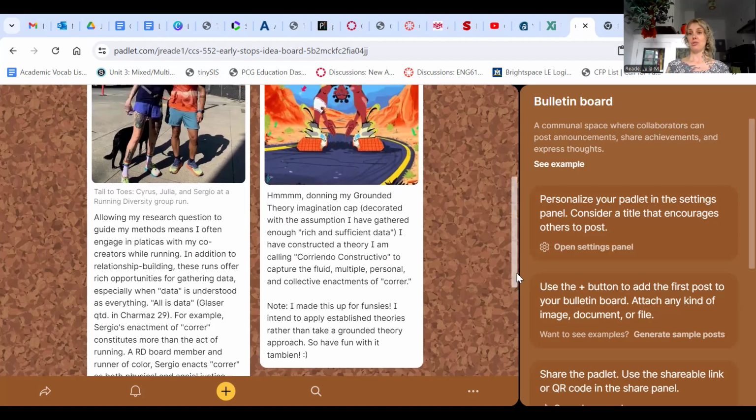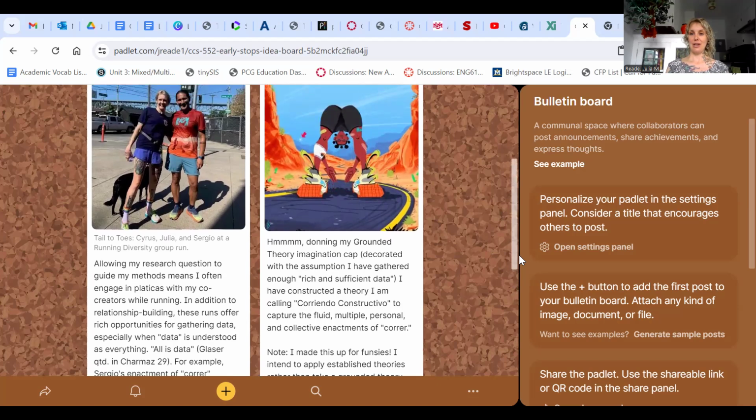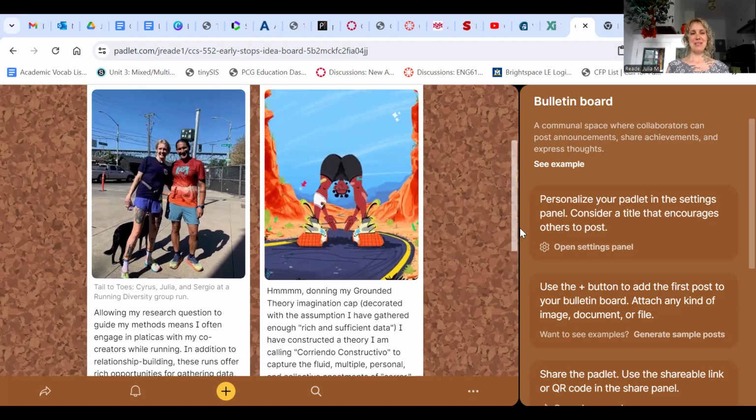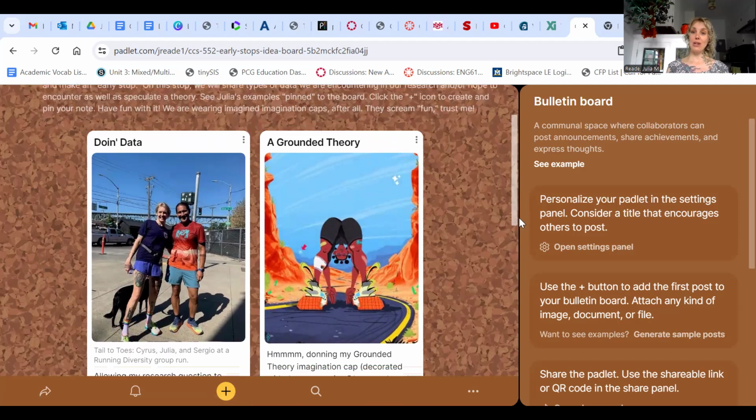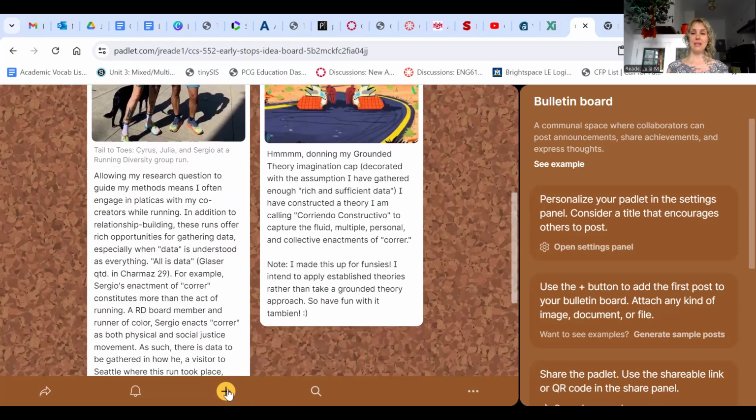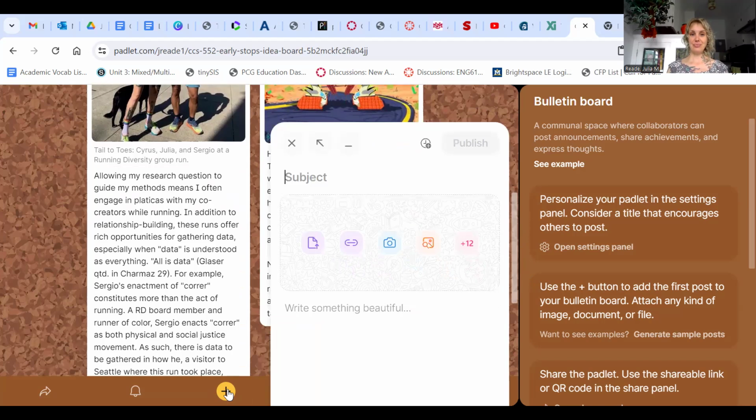Okay, the additional tutorial information now that it's your turn. These are my two entries. I did them differently so you could see different iterations. In this one, I included a photo. In this one, I included a GIF. But what you can do is you hit the plus sign and you'll be able to